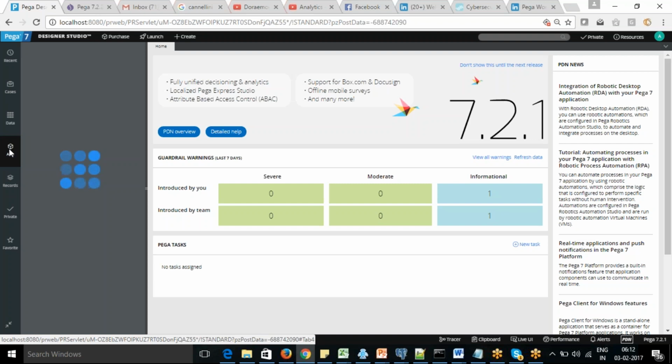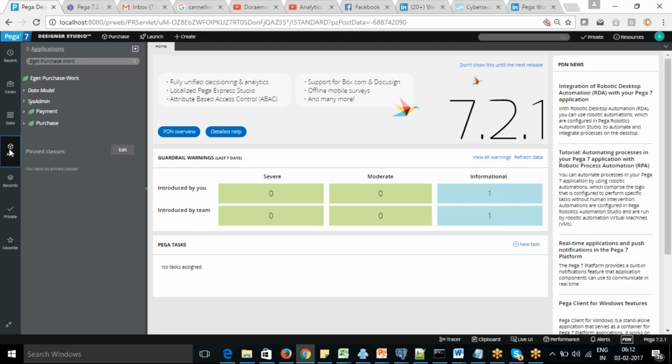So what is UI? What is the importance of UI? If you see this screen, the Designer Studio, everything is in a proper place.